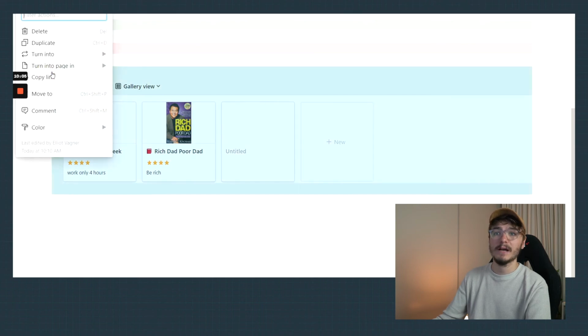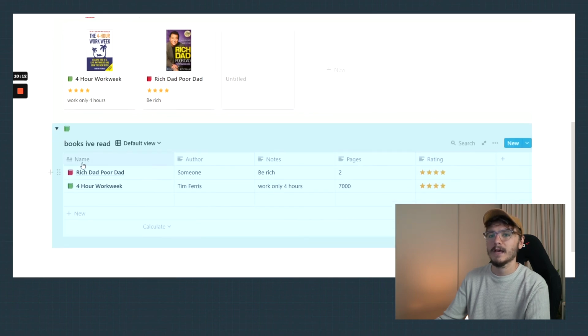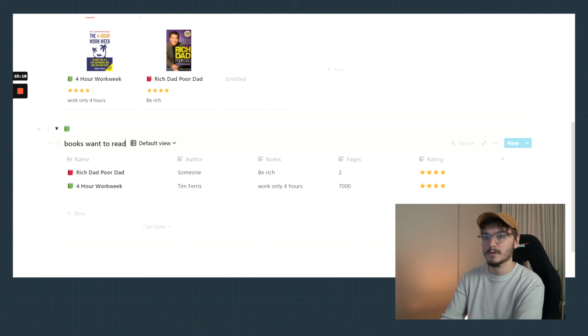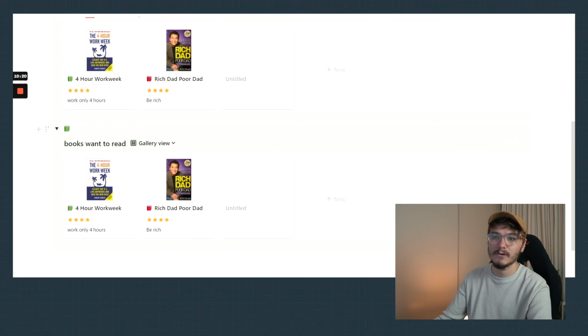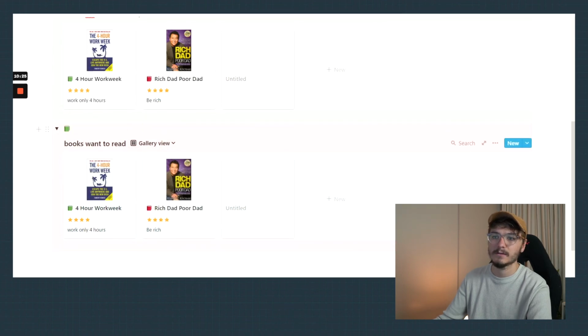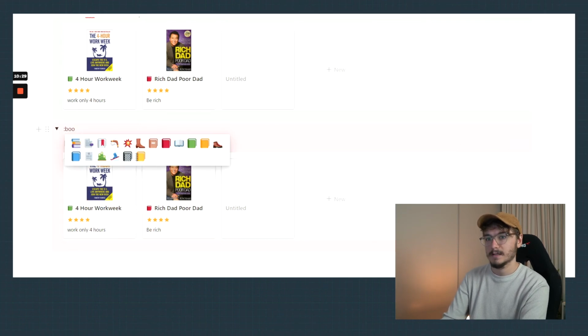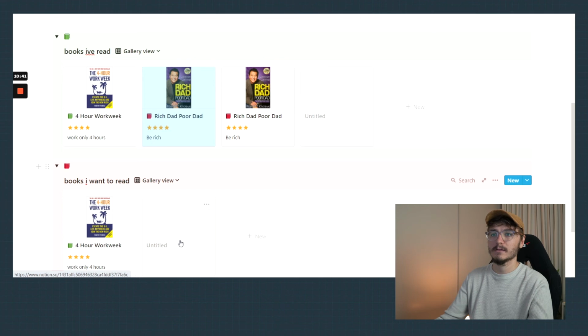So there we have books I've read. Just duplicate this. And now we have books I want to read. As you can see, it changes to default view. Just change it back to the gallery view. Click on these 3 dots, color, we're going to do it in red because we want to read them. Then this is going to be the red book. There we have it. So once you've read a book, all you have to do is drag it in there,